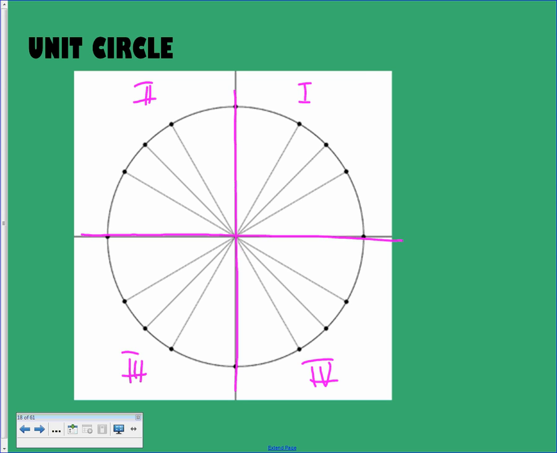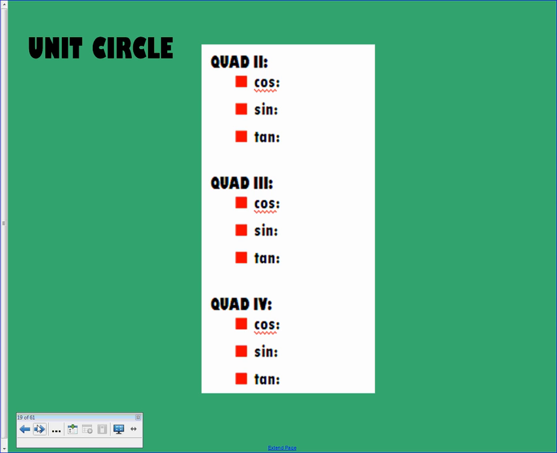As you know, all numbers in quadrant 1 are positive, positive. So far all of our ordered pairs have been positive, positive. But as we move into quadrant 2, we're going to realize that over here those are negative, positive. Quadrant 3 are negative, negative, and quadrant 4 are positive, negative. So we're going to have the exact same values, but our signs are going to change. If we are in quadrant 2, our cosine is going to be negative, our sine is going to be positive, and then your tangent is when you divide those, so a negative divided by a positive is